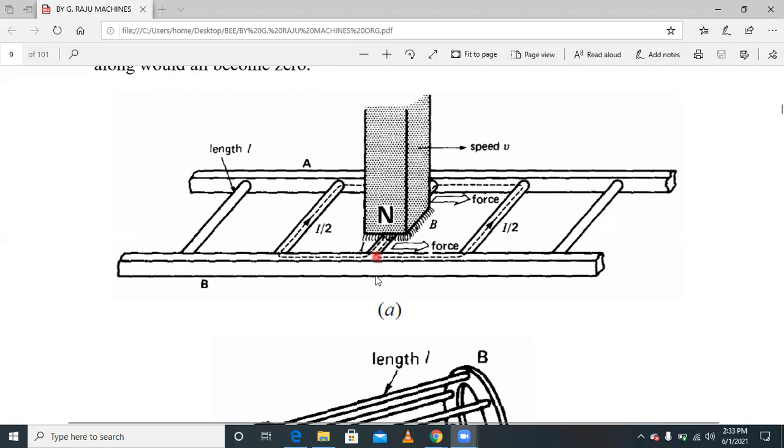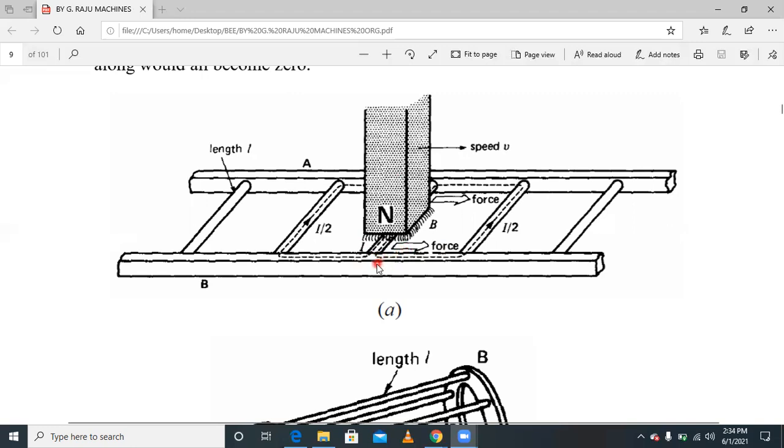Let us assume 500 rpm. That means the relative speed between these two is more. The relative speed between 1000 and 500, so what is the relative speed? 500 rpm. That's why the relative speed between these two is more. Because of that, a high EMF is induced in this rotor conductor, and a high current is developed here. Because of that high current, the Lorentz force acting on the conductor also increases. That's why this rotor is rotating. The rotor speed increases because of that high force.